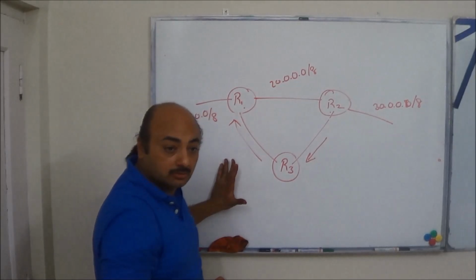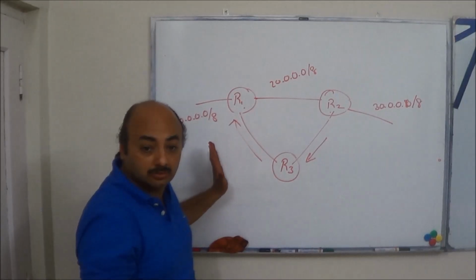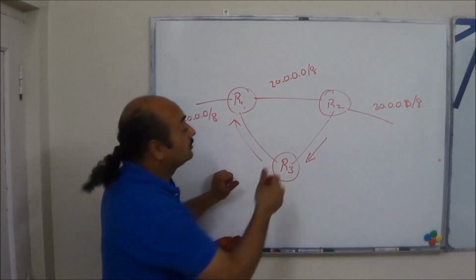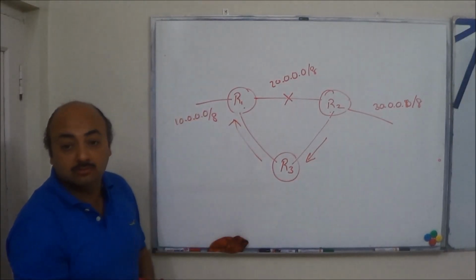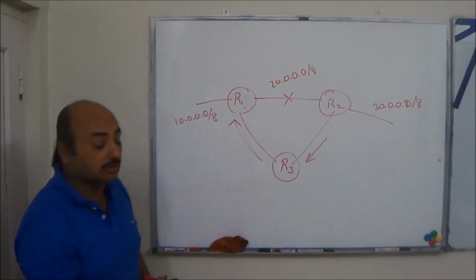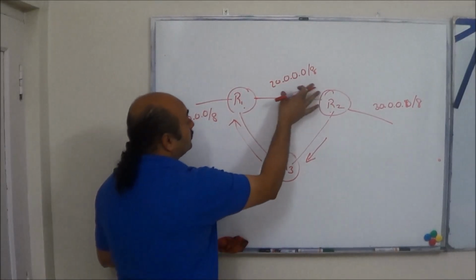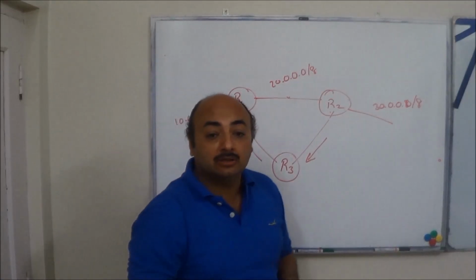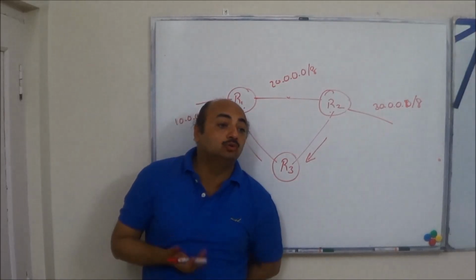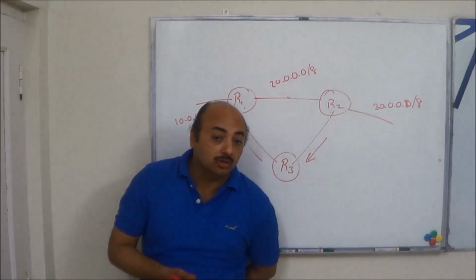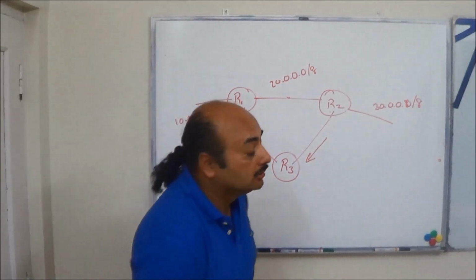So this is not considered an equal path. It is two different paths. Now if this fails, then this will take over, and the hop count of 2 will come up. So first of all, you should be clear: spanning tree, you've studied. Spanning tree is used for breaking layer 2 loops. A routing protocol is used for breaking layer 3 loops. Okay, this should be clear.